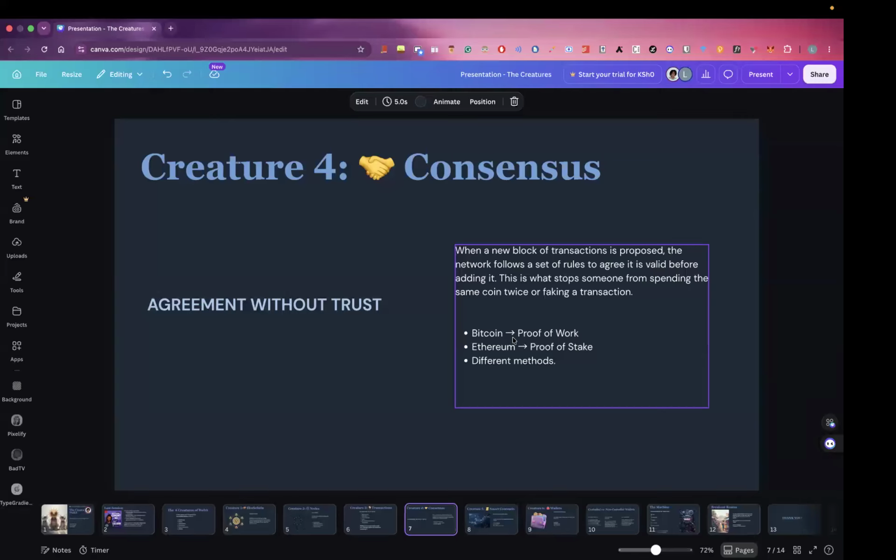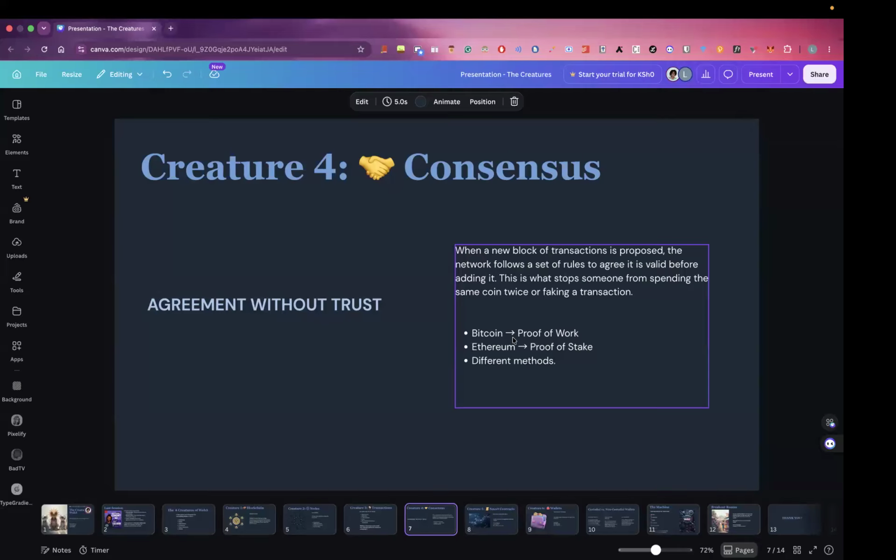And this is the economic situation in this case. If you stake a huge sum of ETH and you act maliciously, you're going to get slashed as a validator, which means that you no longer have the permissions to validate transactions, but you also lose your stake. So imagine if it's a lot of ETH, you would definitely not want to lose that amount. So you're going to act in the right way or as expected.